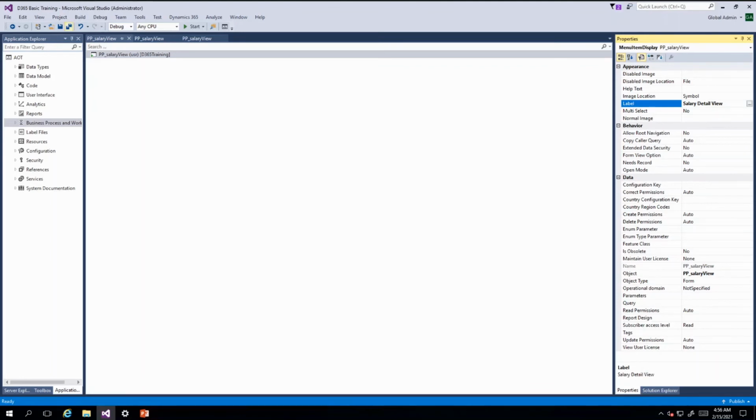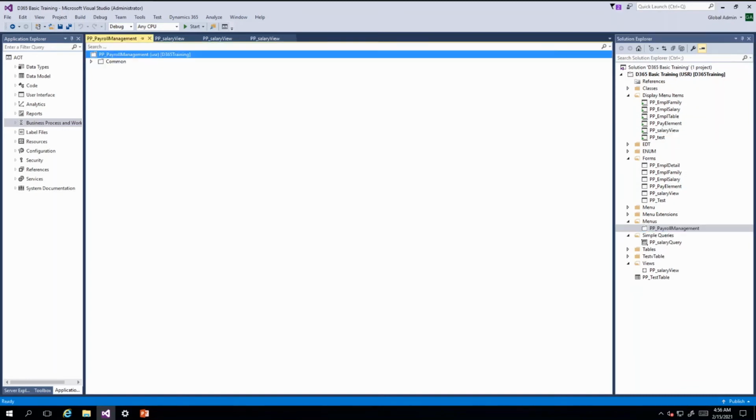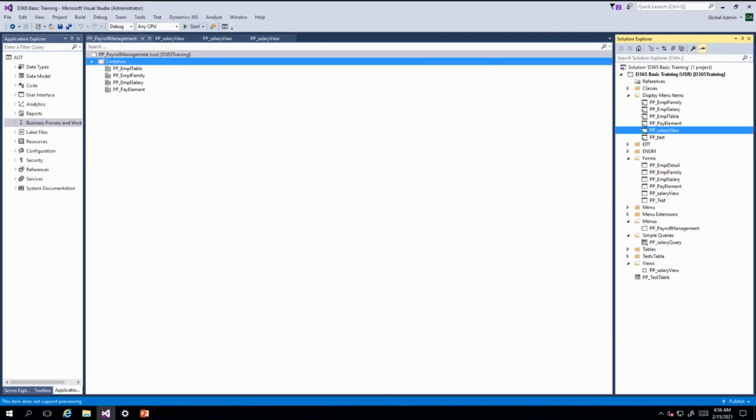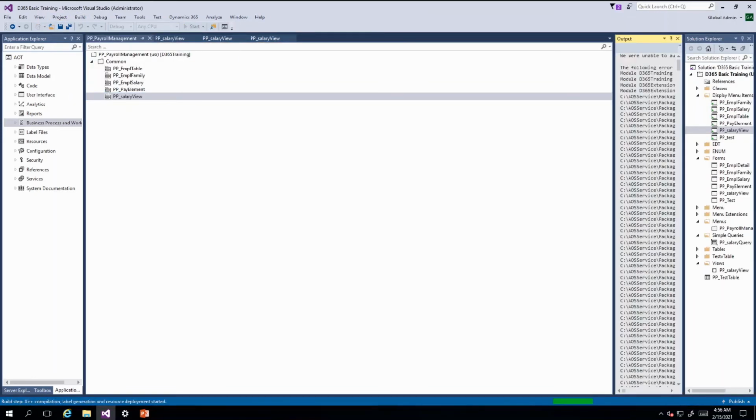I will save it. Now I will add this menu item in the main menu. So menus, open this. I will drag this. First I will expand this. Now this salary view I will add here. So I have added in my main menu. I will build the solution completely and will browse and we'll see the result in the main screen.